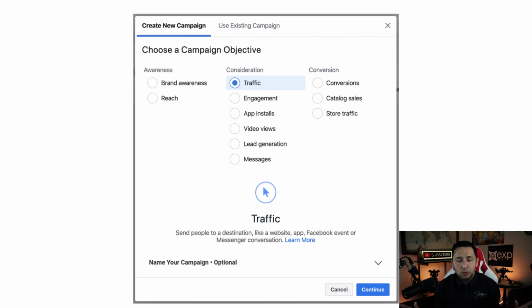Once you've set up your business manager account, created your ad accounts, linked up your Facebook pages, and given yourself access, or any other people that need access, to your ad account and your business page, then you're able to launch ads and see the ads that are launched on your account. You're able to launch ads from different business pages, so it allows you to link up multiple business pages. If you have multiple ad accounts, it allows you to link those up, and it allows you to invite other advertisers, colleagues, what have you, to collaborate.